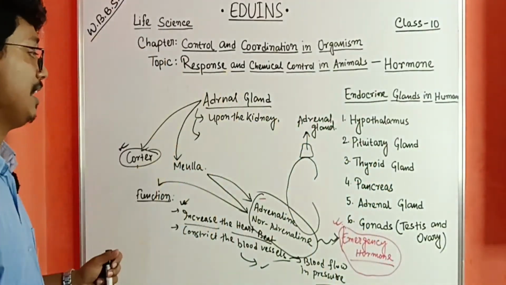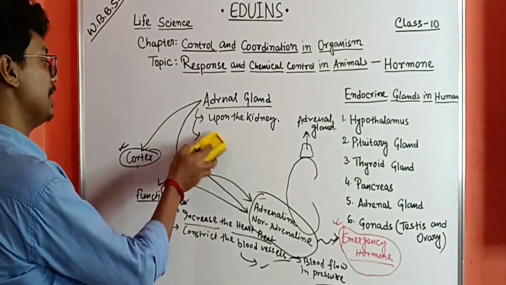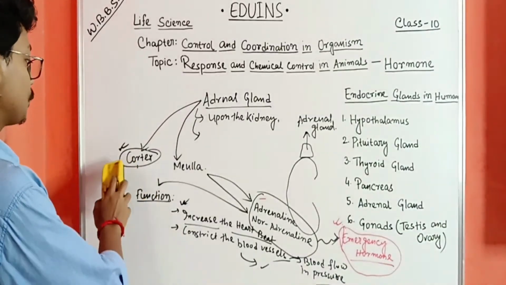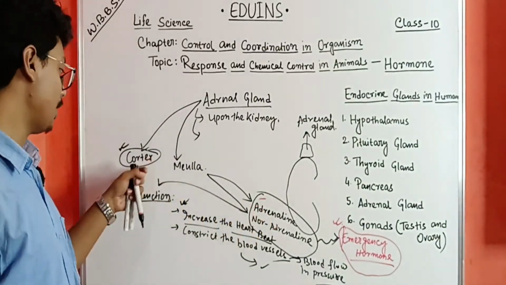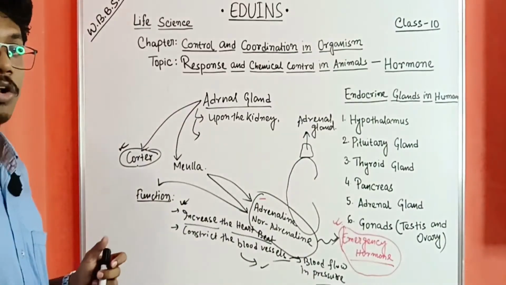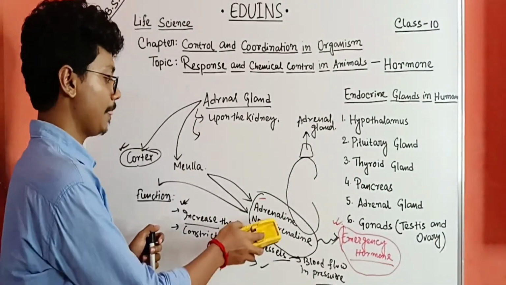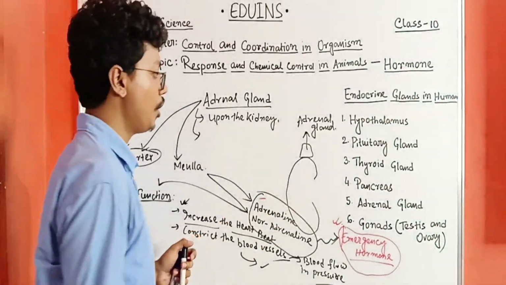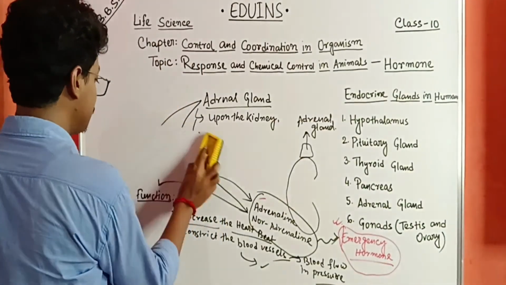So these are the functions of the adrenal gland secretions. From the cortex, the corticoids are released, and from the medulla, adrenaline and noradrenaline. Next one is the